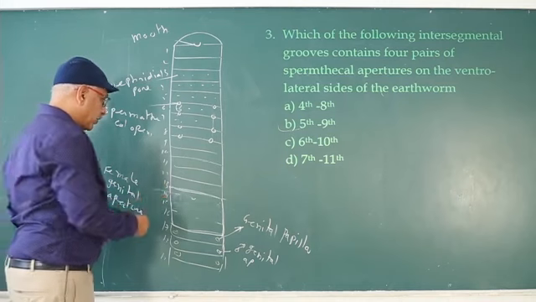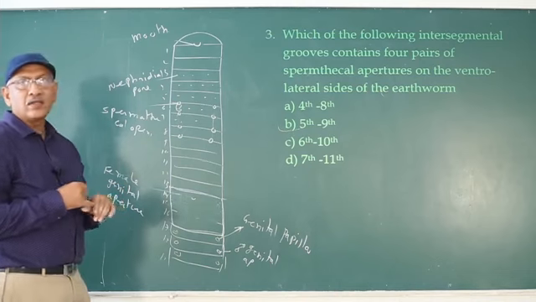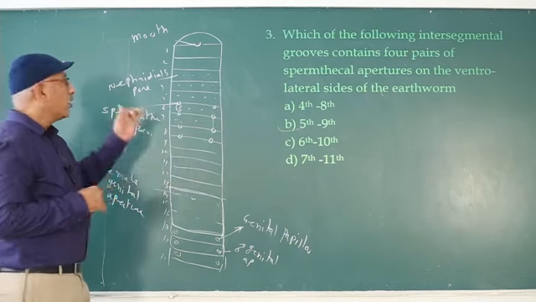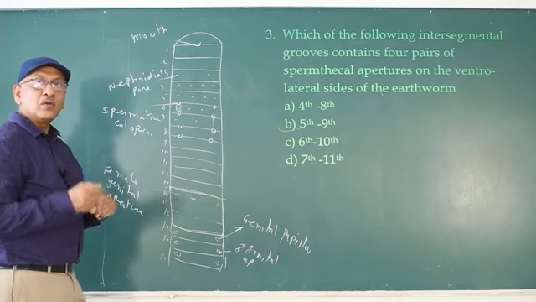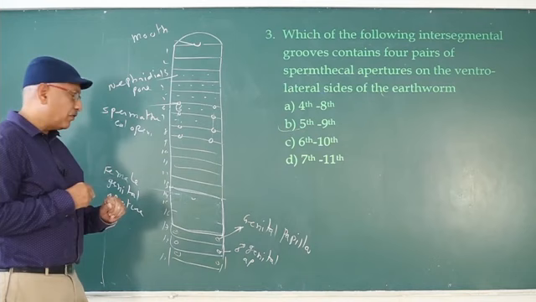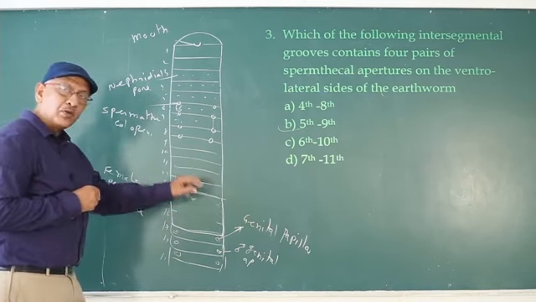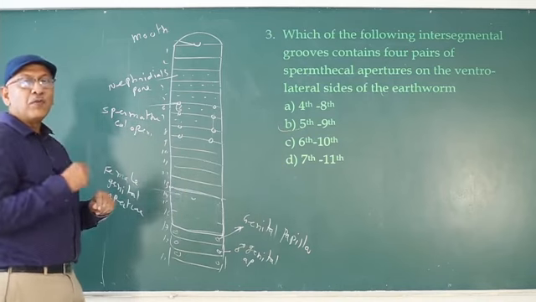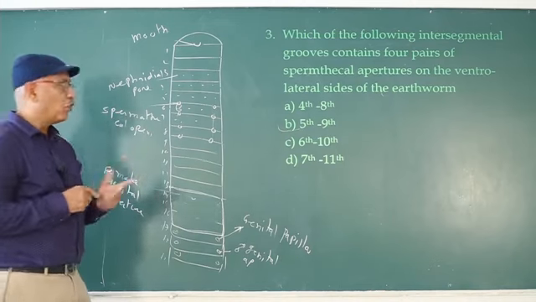The highest number of openings is in the 14th segment. The earthworm has its highest number of openings in the 14th. Why? In each segment from the third onwards, 200 to 250 nephridial pores are present, but in the clitellum, 2000 to 2500 nephridial pores are present. In 14, 2000 to 2500; the 15th also the same, the 16th also the same. In addition to 2000 to 2500 nephridial pores, the 14th segment contains the female genital aperture. That's why the 14th segment contains the highest number of openings.